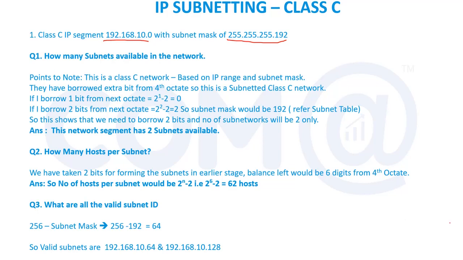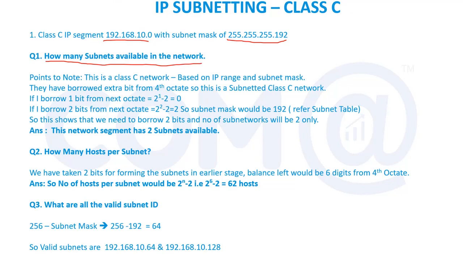In exams, they'll just give this question. They may ask, what is the first address of the third subnet in this particular range, or they'll ask what is the broadcast address of the 10th subnet. So you have to do a calculation and write a table quickly so that you can pick up this answer and close this question. So let's see how to do it. It is class C, and the first question is, how many subnets are available in the network? These are the standard questions, so just remember them.